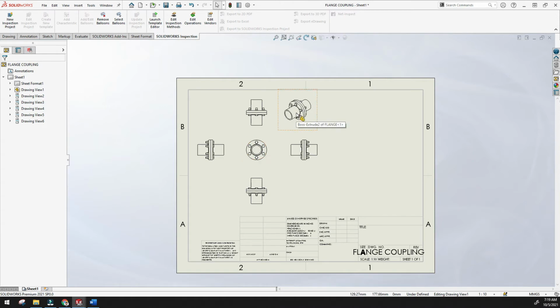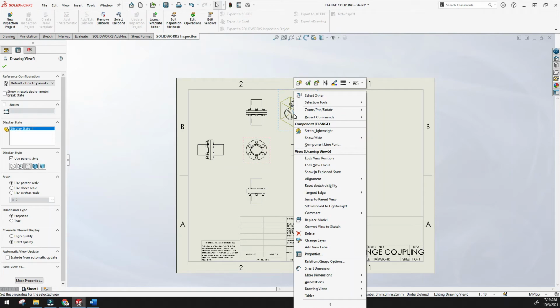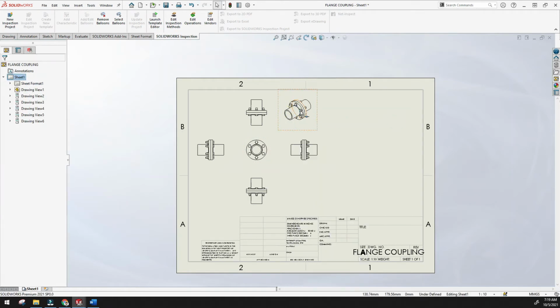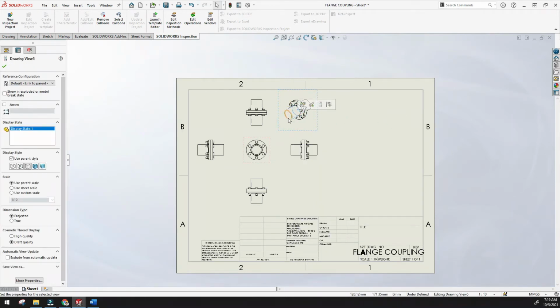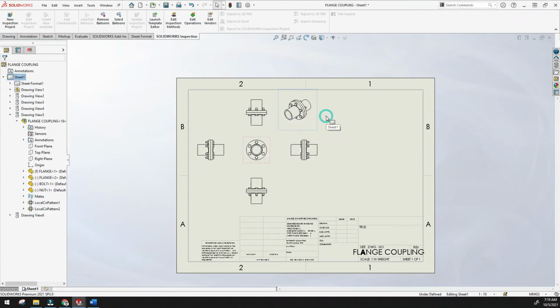If you click this, you will have the option. Once you click this, press Control plus C, continue with a copy of session, yes, then click outside and press Control V. So I've just copied and pasted this.